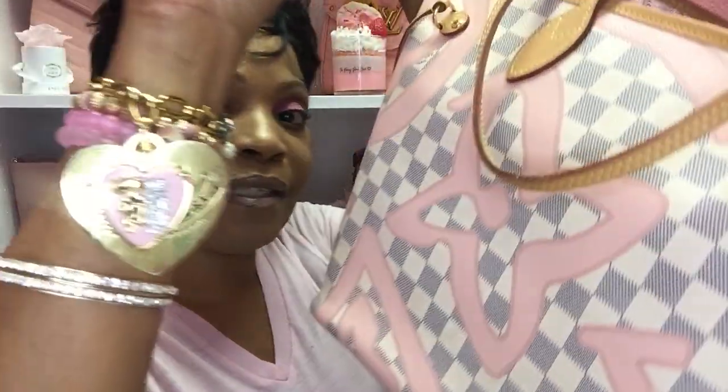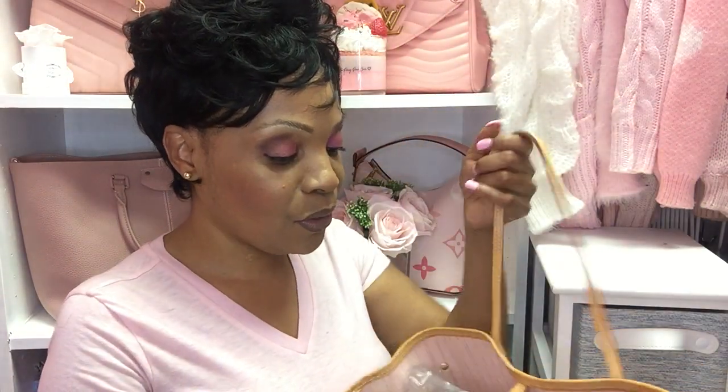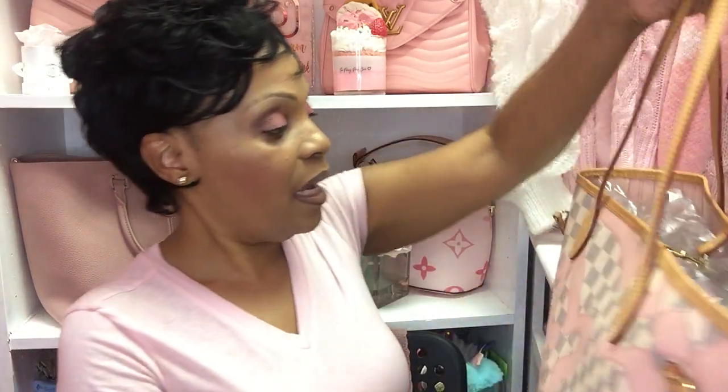I am ecstatic to be able to be sharing this with you guys, because I love this little bag. And guys, look, my charm, the color of the pinks, the color of the baby pinks are just a whole entire vibe, okay? Please believe me when I tell you it is an entire vibe that I am so here for. And I think that it is just amazing. Guys, because this bag was taken from me, and I do have it again right now,